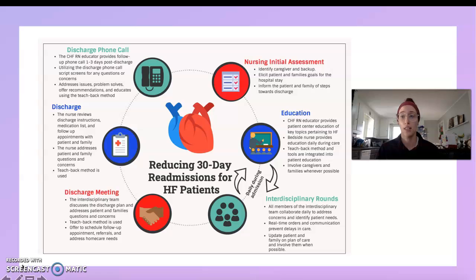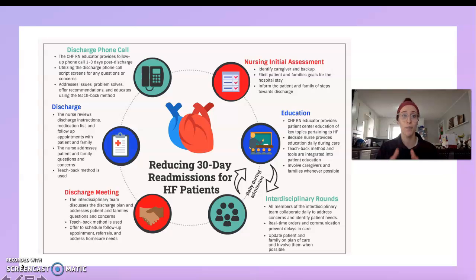Then lastly, the last intervention in my evidence-based change in clinical practice will be a discharge phone call, which will be performed by the RN/CHF educator. This will be, again, part of their new role. And they will provide follow-up phone calls 1 to 3 days after discharge, and the patient will be informed that this is happening during discharge. It will be on their AVS that they should be expecting a call within 1 to 3 days. And they'll utilize a phone call script to help